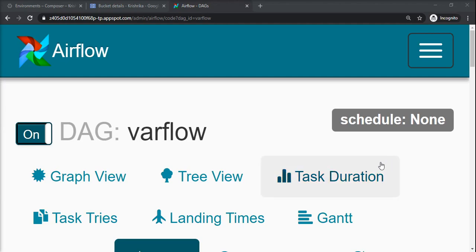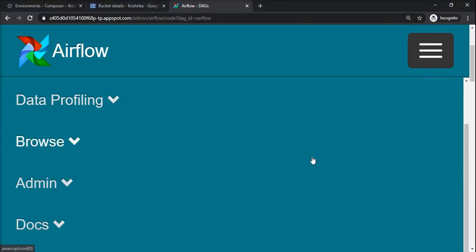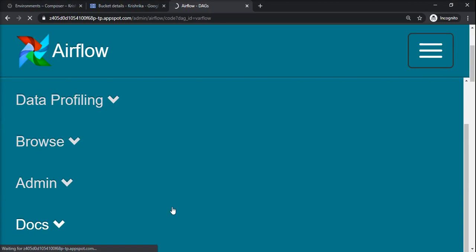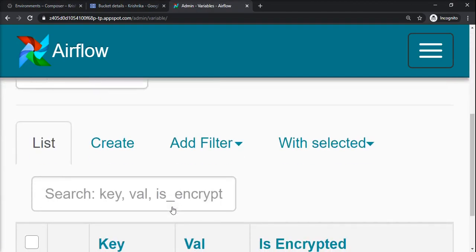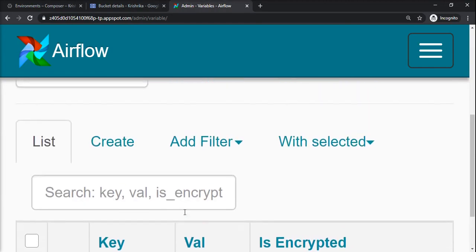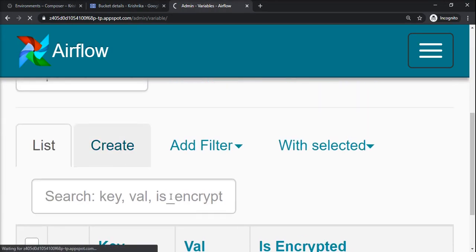Before that, suppose you want to use a variable, you have to initially set that variable in the Apache Airflow environment. And how to set that variable? Just go to Admin. There is one Variable tab. Go to that. Here, you can set the key and value of the variable. So just go to create.